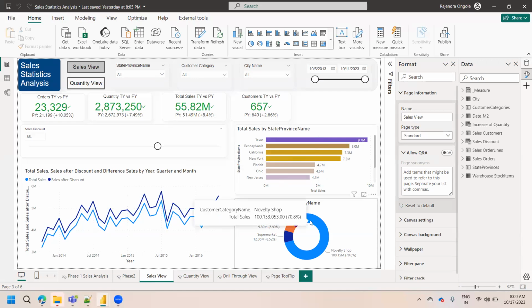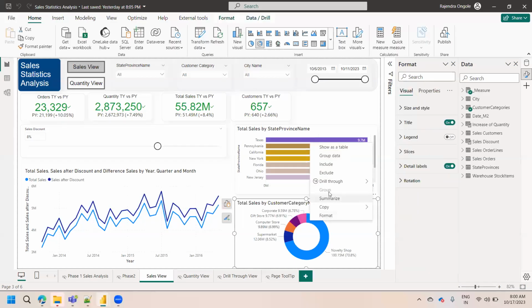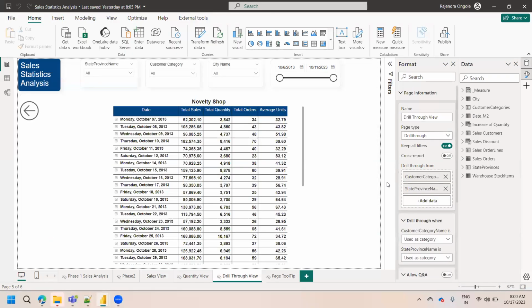There's a similar scenario for this donut chart as well. Whenever you right click on top of it, you can see an option, drill through. I can navigate from this sales view page to this drill through view. You can see the title of it, a dynamic title. Okay,